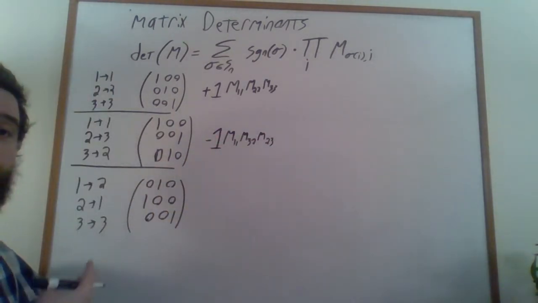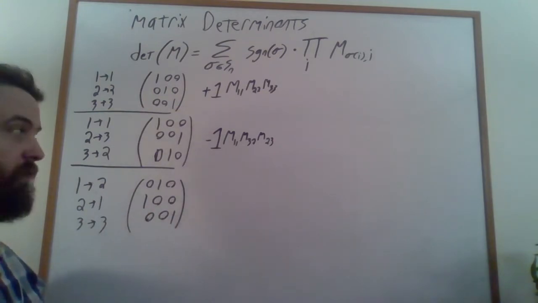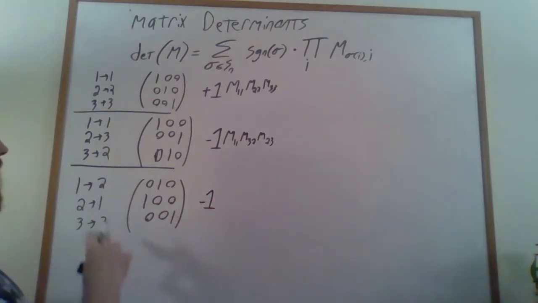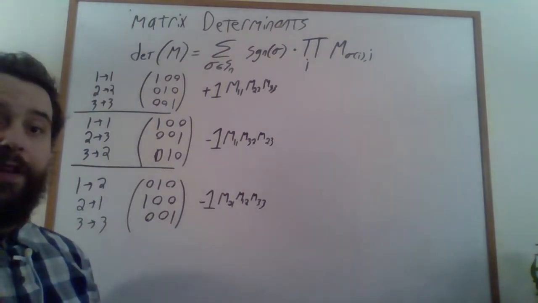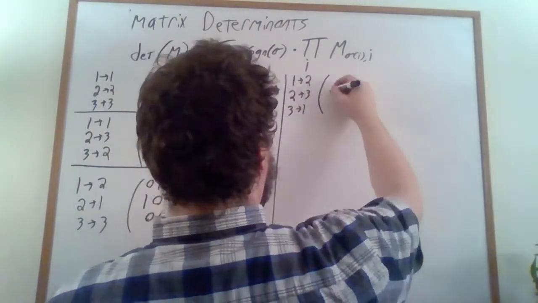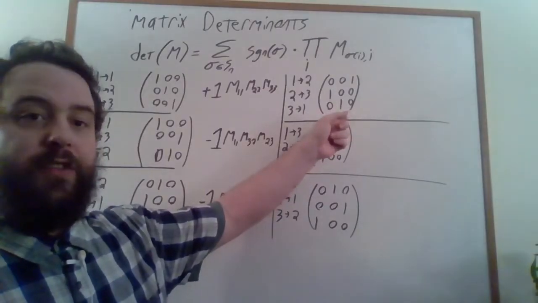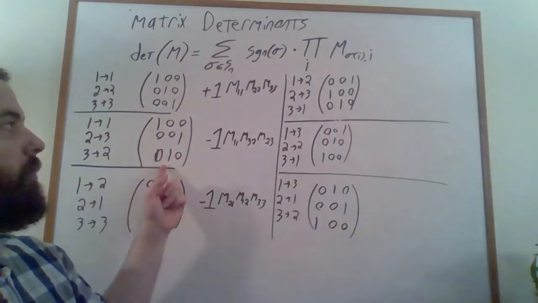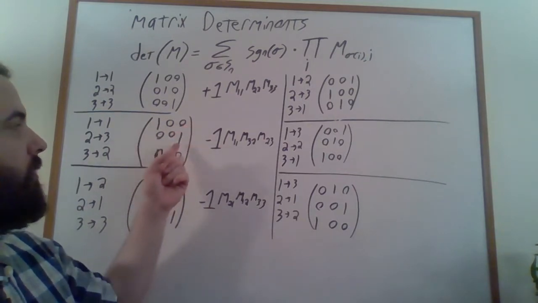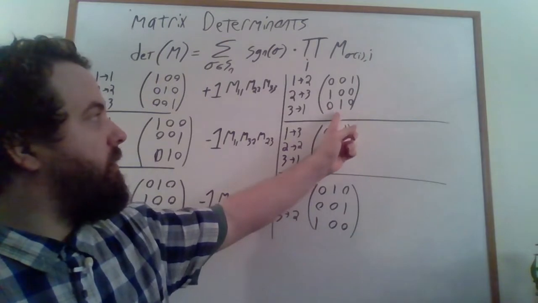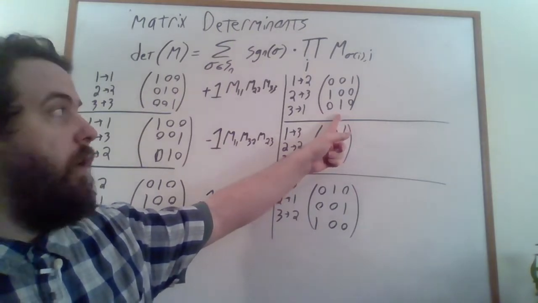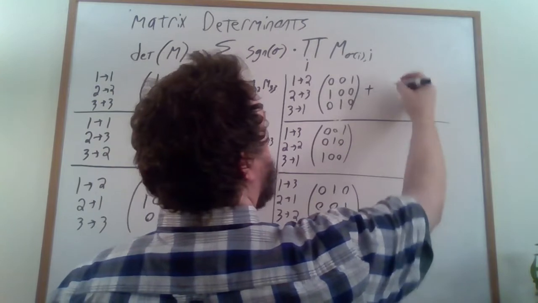This permutation switches 1 and 2 and corresponds to this particular permutation matrix here. It consists of 1 flip and therefore has a sign of -1 and corresponds to the product m21, m12, m33. Now let's look at the remaining 3 permutations. This permutation here actually consists of 2 permutations, and we can see that it's actually this permutation here where we've swapped row 1 and row 2. And so the sign of this particular permutation is actually going to be -1 to the power of 2, so +1. And it corresponds to the product of the elements